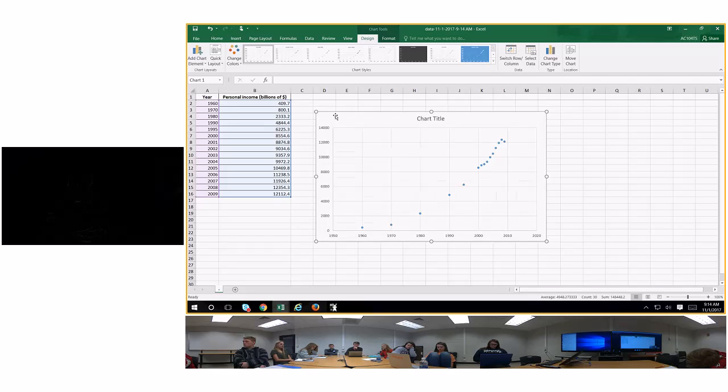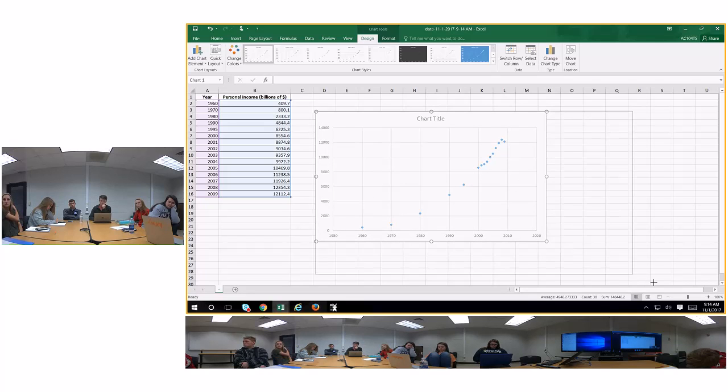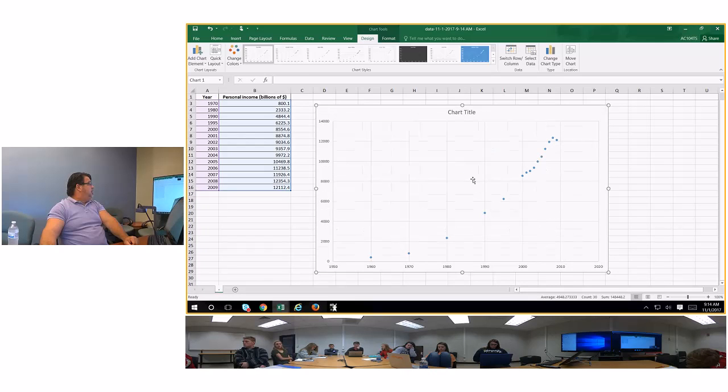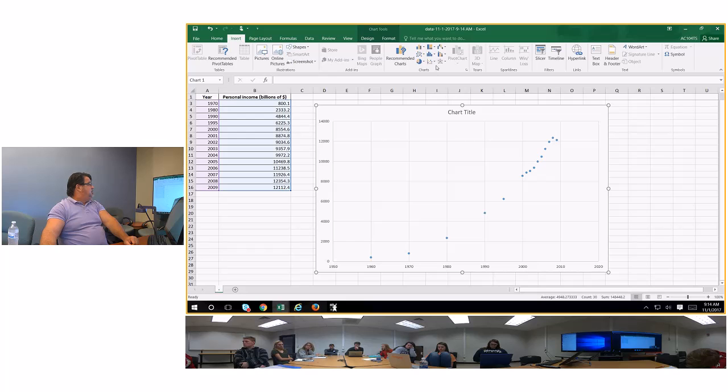You clicked on insert new lines? And whatever you want. I usually do insert, and I usually do scatterplot right here because it's a whole lot easier to look at. And then right click on one of them, add trend line,